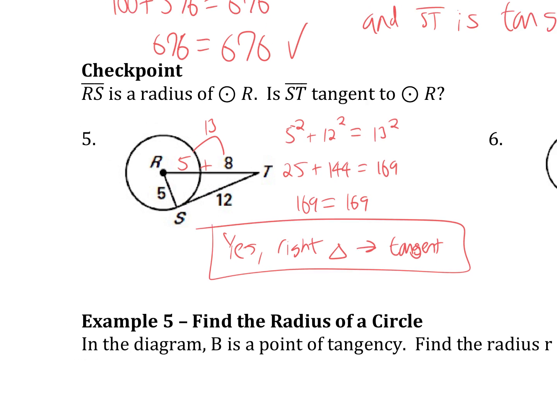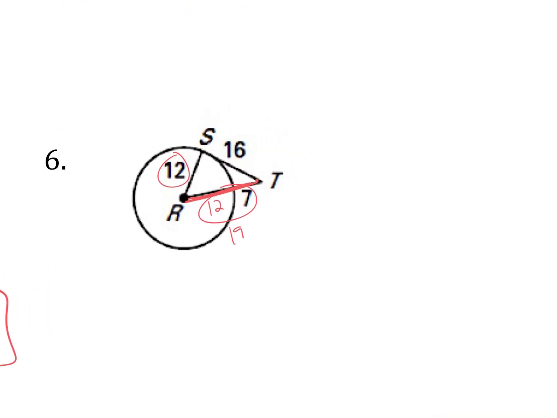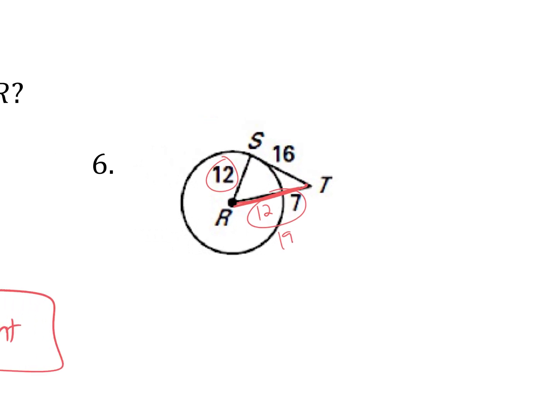Okay, let's try the second one here. So number 6. We have this right triangle here. So we got to do a squared plus b squared equals c squared. So we got 12 squared plus 16 squared equals 12 plus 7 is 19 squared. I need my calculator here since I'm calculating this in real time. So 12 squared I know is 144. 16 squared should be 256. Yep. And 19 squared